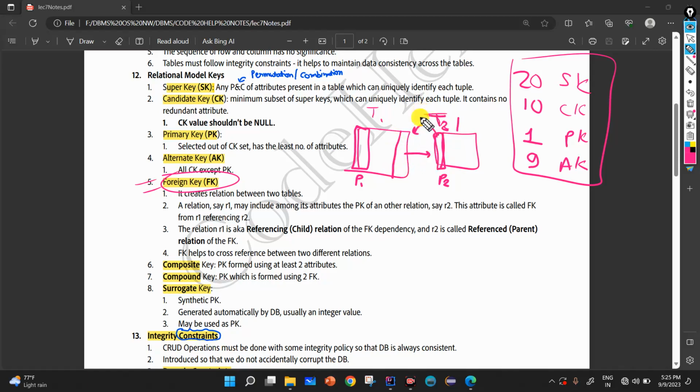That is called a foreign key. So the foreign key of t1 is also known as the primary key of t2. Got the point?